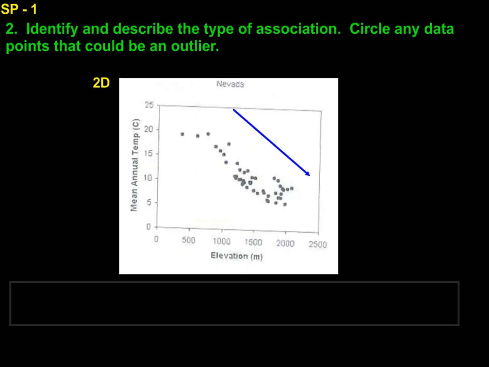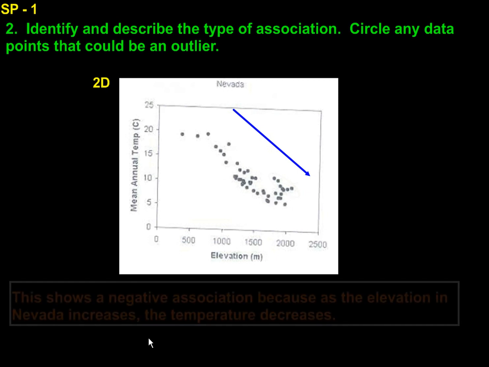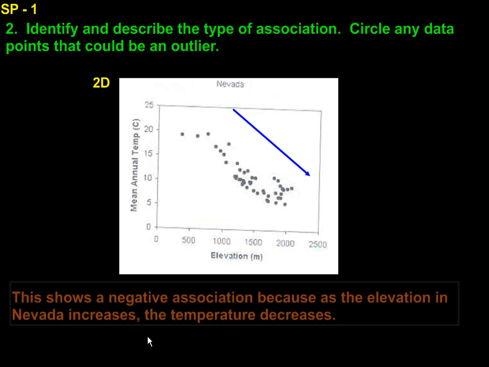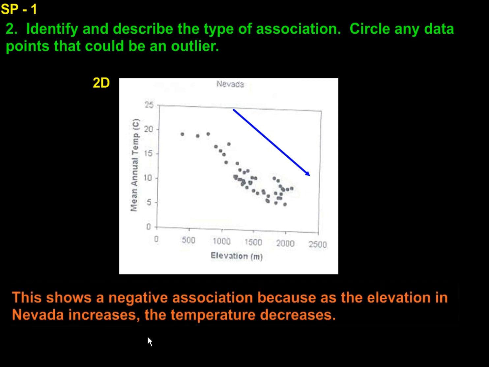Next, we'll take a look at 2D. Again, we're going to identify and describe the type of association and circle any data points that could be an outlier. Well, we didn't have any points for outliers on the last one. So if we take a look at this, we can see, as the arrow indicates, that we're moving from left to right. We seem to be moving in a downward direction for the most part. And so this shows a negative association or correlation, because as the elevation, the x value, in Nevada increases, the